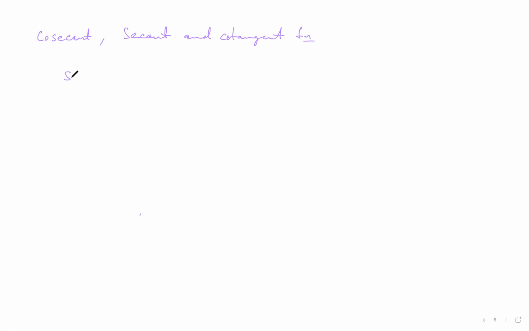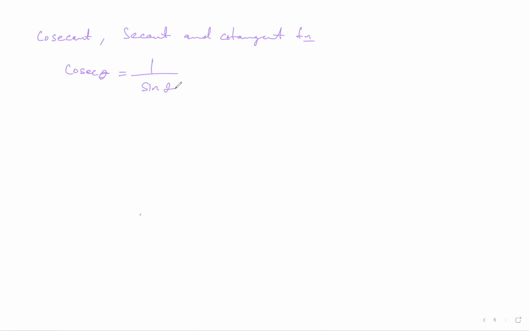If you talk about cosecant, cosecant theta is actually 1 over